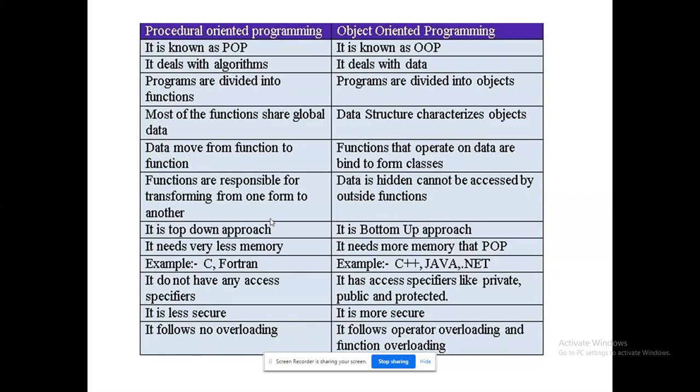For example, you are going to create a project with module 1, module 2, module 3, module 4. Four modules are there. In procedural oriented or structure oriented programming, after completing module 1, come to module 2. After completing module 2, come to module 3. Likewise, it proceeds in a sequential way. But when you come to object-oriented programming, you can do it in parallel, and you can switch from one module to another at any time. That is the term they are conveying by bottom-up approach.